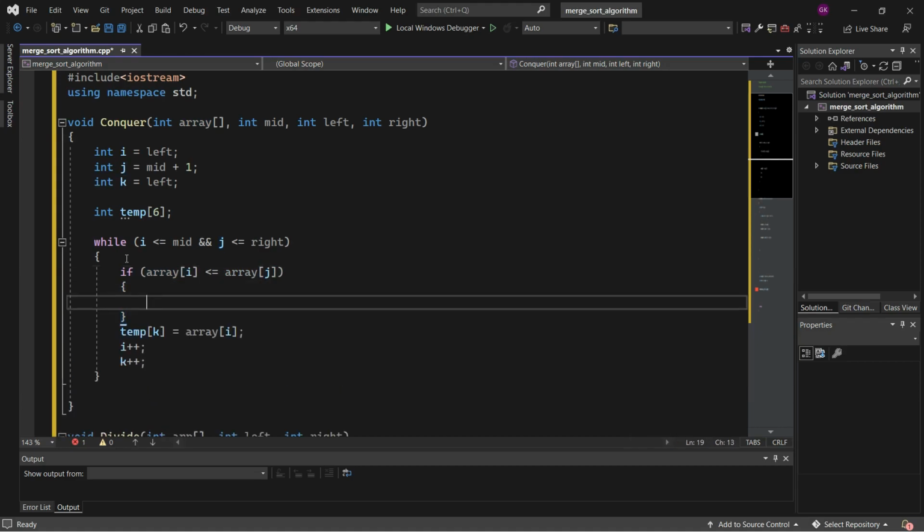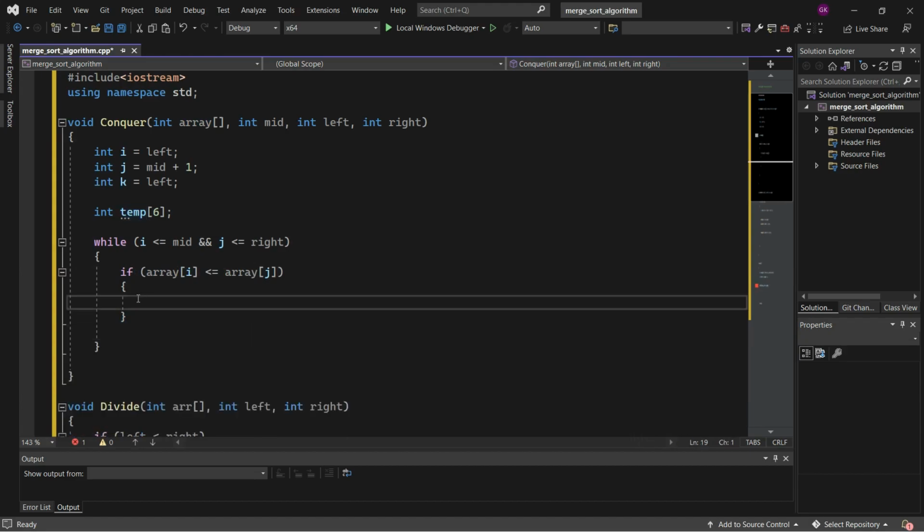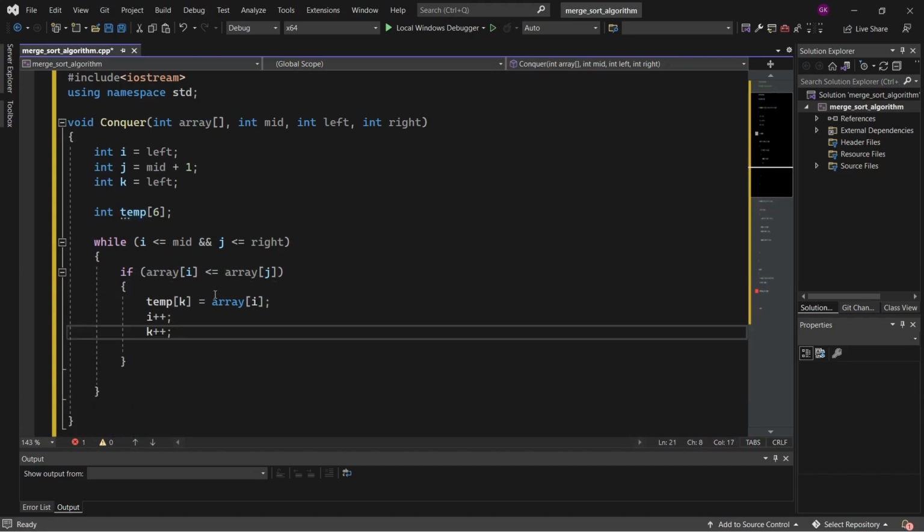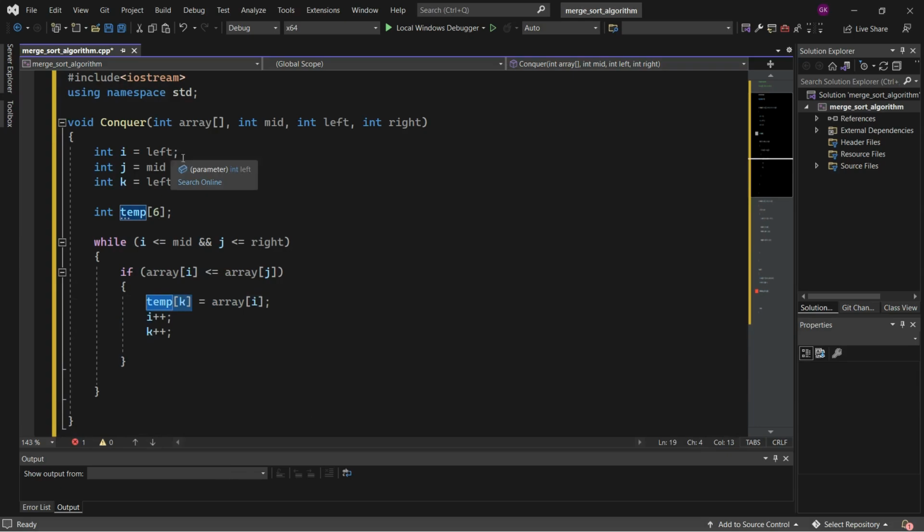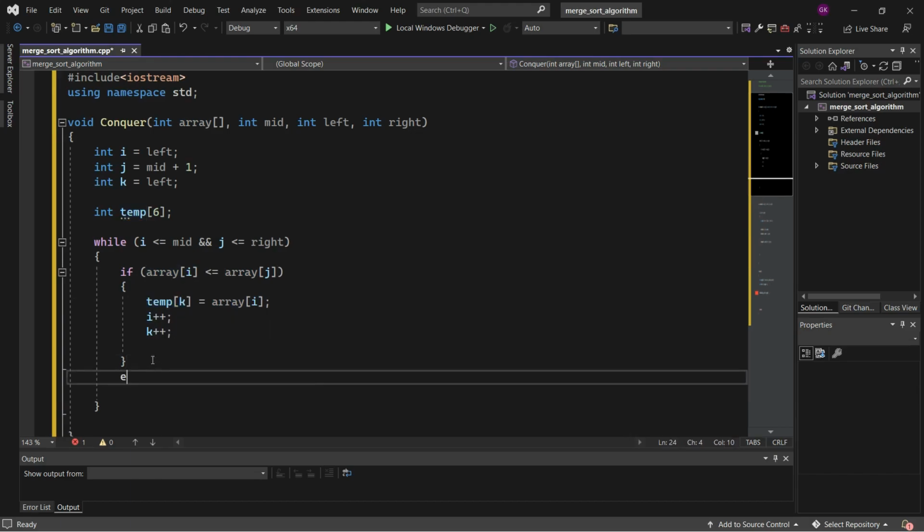Okay, so in this condition we will be assigning the element from the first sub array to the temporary array. So we are merging the elements from two sub arrays into the temporary array. If the element from the left side sub array is smaller than the element from the right side sub array, then we will be assigning the value of the left side sub array to the temporary array as the first element, and else